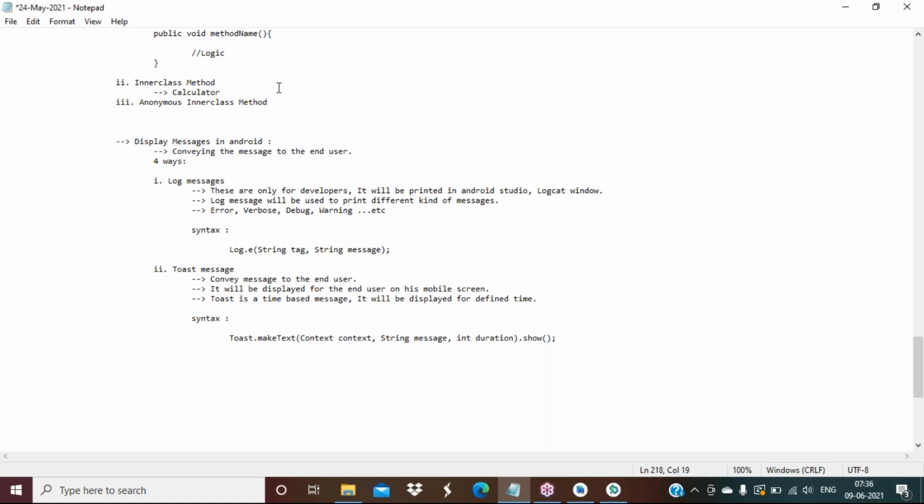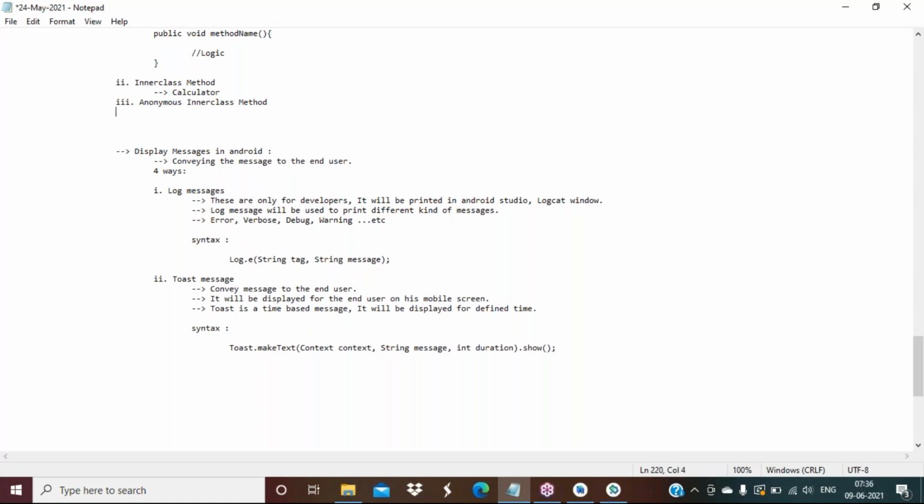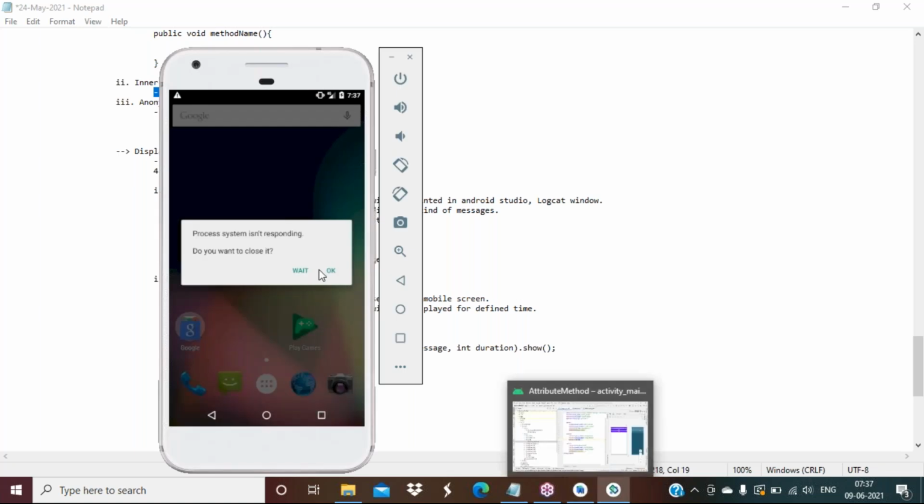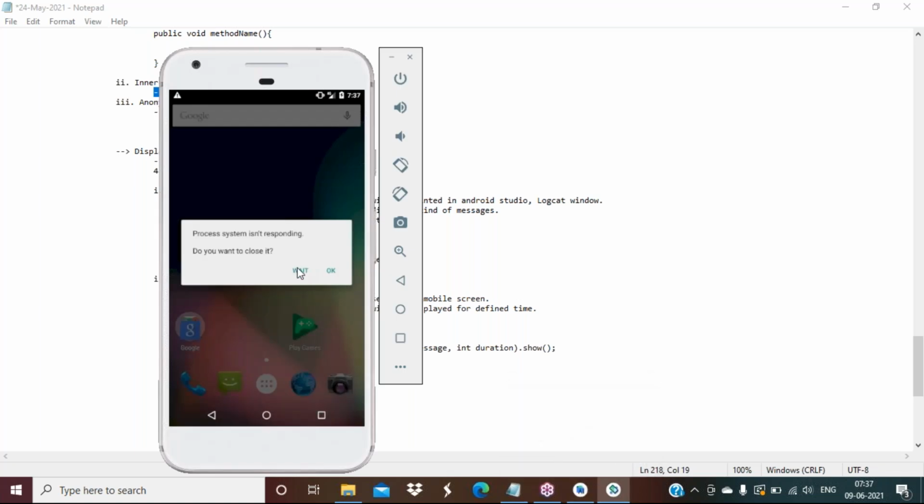Once this calculator is done, I'll go with the anonymous inner class with a pop-up. Okay, pop-up is a type of display message in Android. Third type that I will show you. Calculator we will discuss tomorrow. So once these two we are done, then I am going to start the activity. This is the basic programming knowledge I have given.